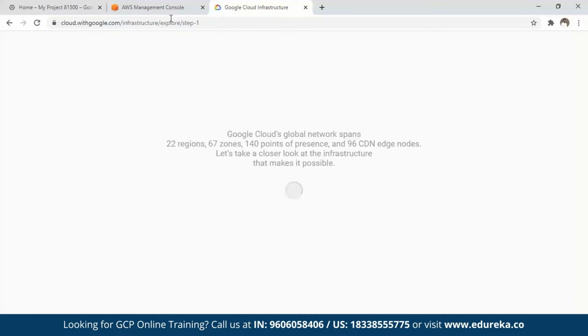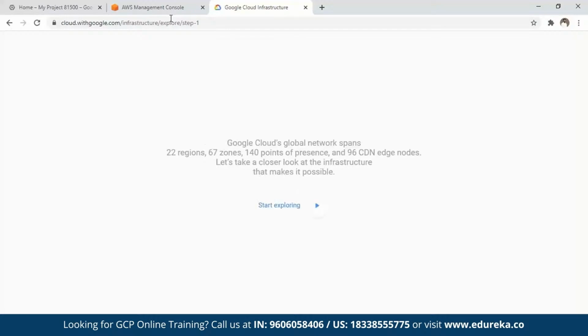Now, meanwhile, this loads up. Let's quickly see what CDNs are. These are nothing but content delivery networks. Now, there's a networking service called CDN. We'll talk about that. But what it does is, I mentioned that when you talk about these cloud platforms, basically these are globally residing. So let's assume that I put forth my data in India and my business is in India, but there are customers who are accessing this data outside India.